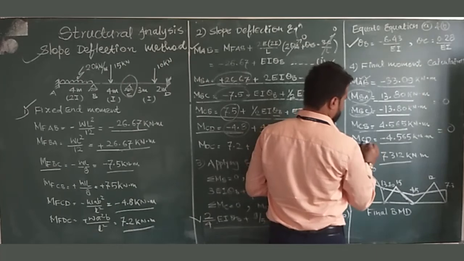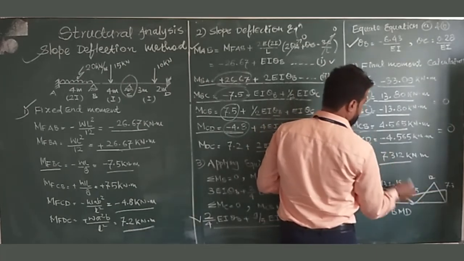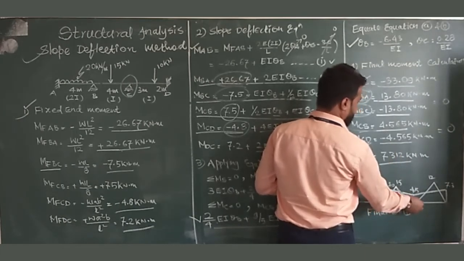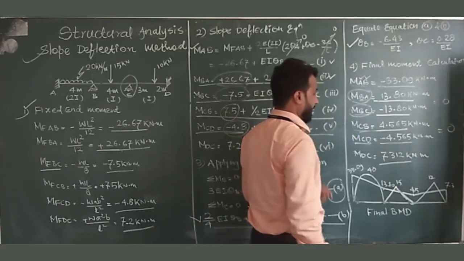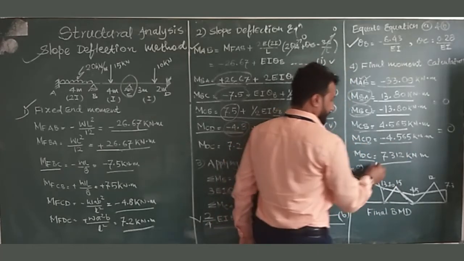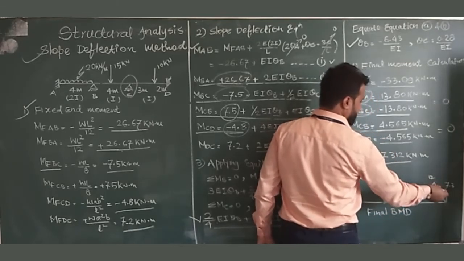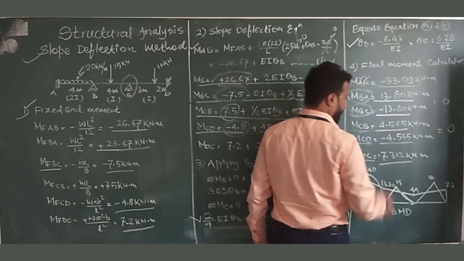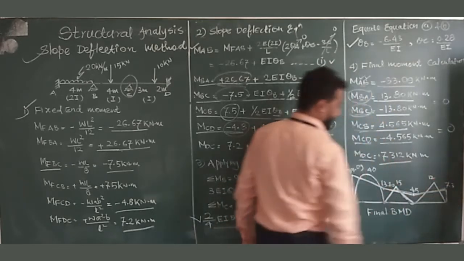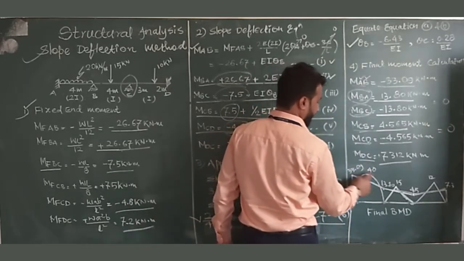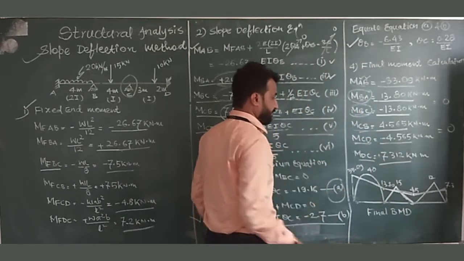Now we will draw the final CD point. So we will keep the pen on C towards the D direction, and we will rotate anti-clockwise. The sign is negative, so it will coincide with the earlier point as the magnitude is the same. Now DC, we will put the pen at D towards the C direction. We will rotate in the clockwise direction. It will come above the line as the sign is positive. We will mark all the points like this. So we wrote 33.09, 13.80, 4.5 and 7.3 as the support moments.